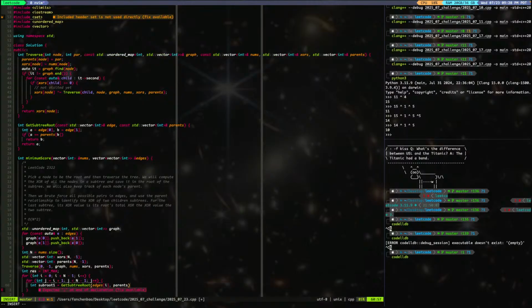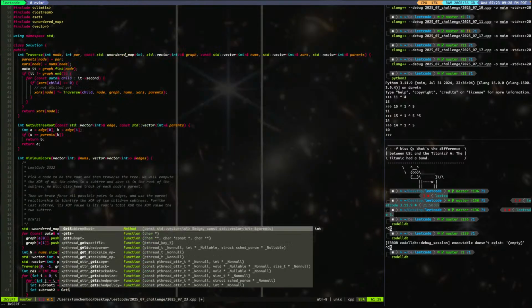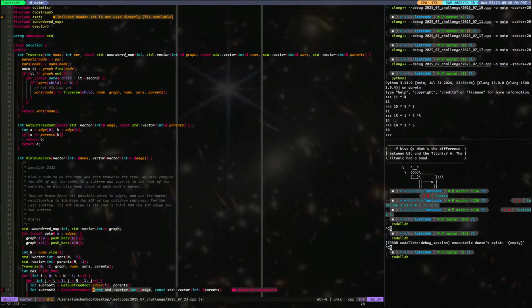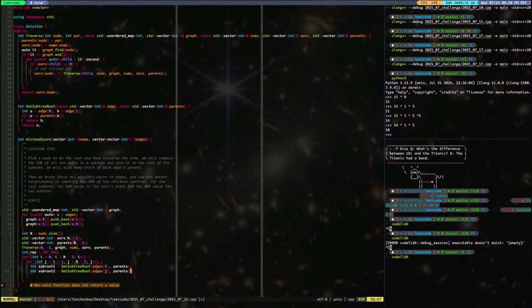Okay. And subroot 2 is get subtree edges j and parents, right? So now we get a 2 subtree root. We'll get their thing as well. And then all we need to do is